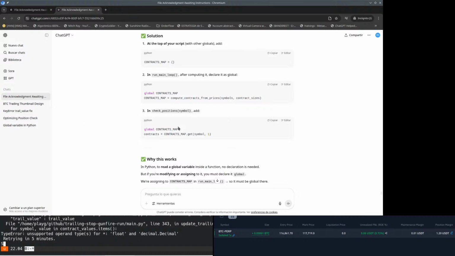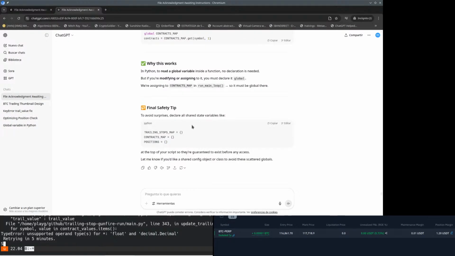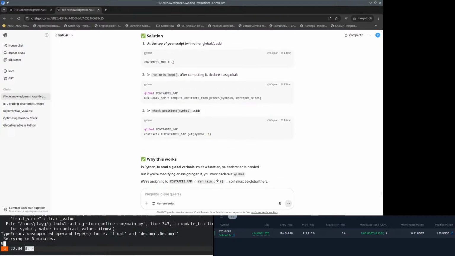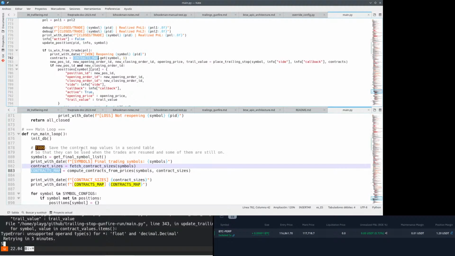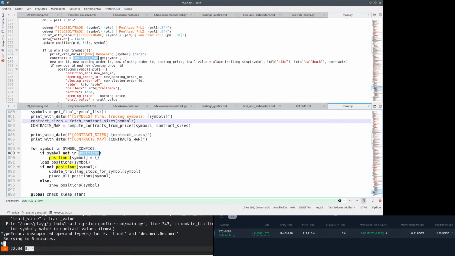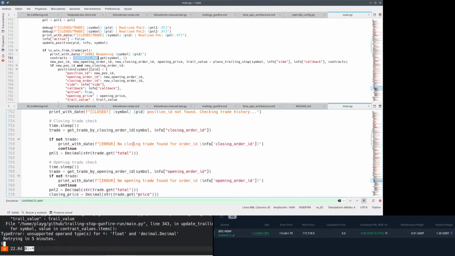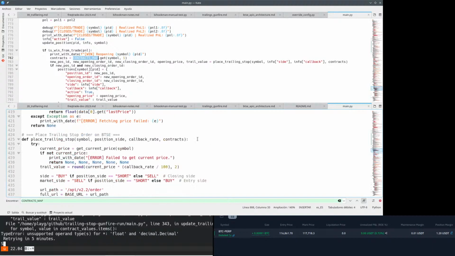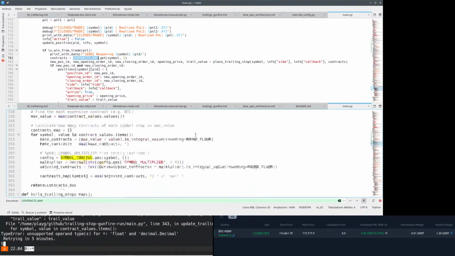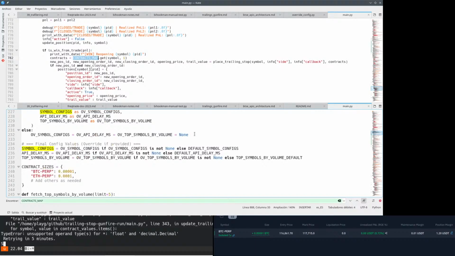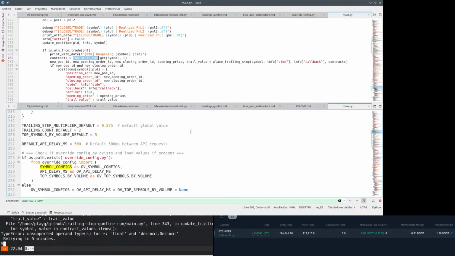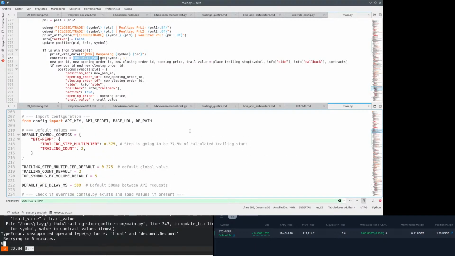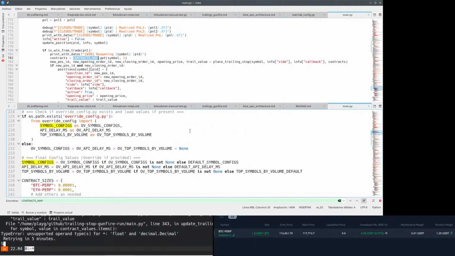I don't think so. The question is, do we actually need this? I mean, symbol configs. Do we declare symbol configs as anything, or do we just include it and that's it? It's set up here on the top and that's it. So I don't think there's a need to,